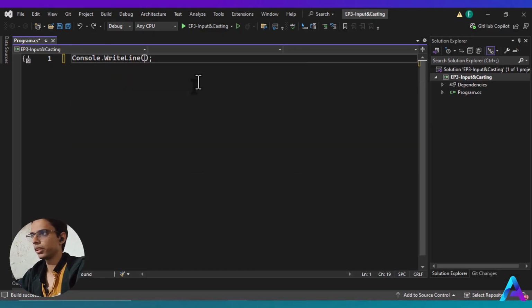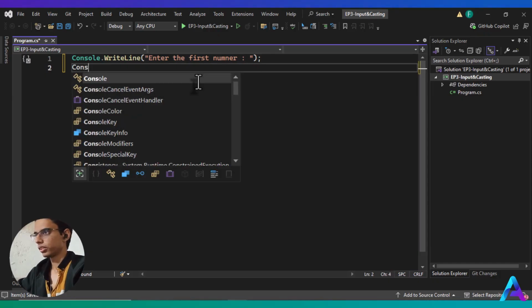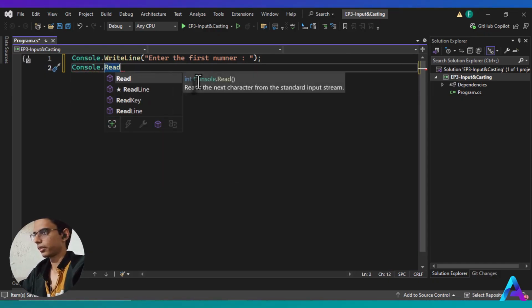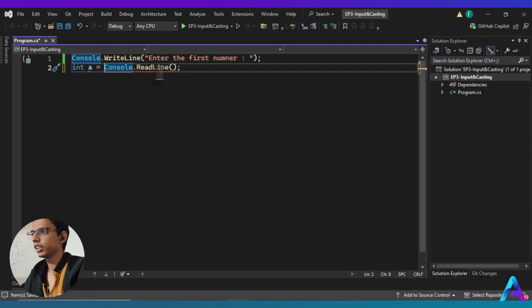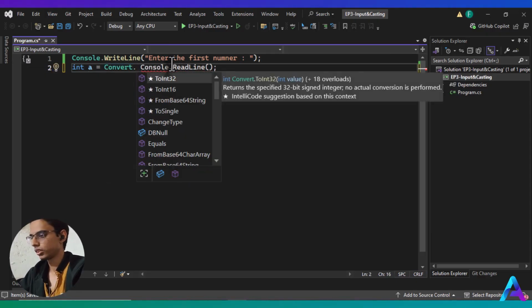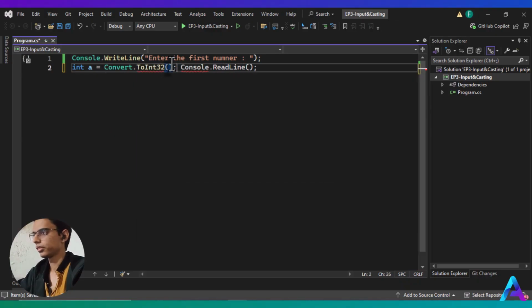We say Console.WriteLine, enter the first number, and then we get that number from the user with Console.ReadLine, and then we store it into a variable. Here we say int a equals that, and as you can see, we got an error. It's a string and we can't put it into an int. If you remember episode 2, here we should do a conversion. We say Convert.ToInt32, and then we put our Console.ReadLine inside this, and I delete this semicolon,